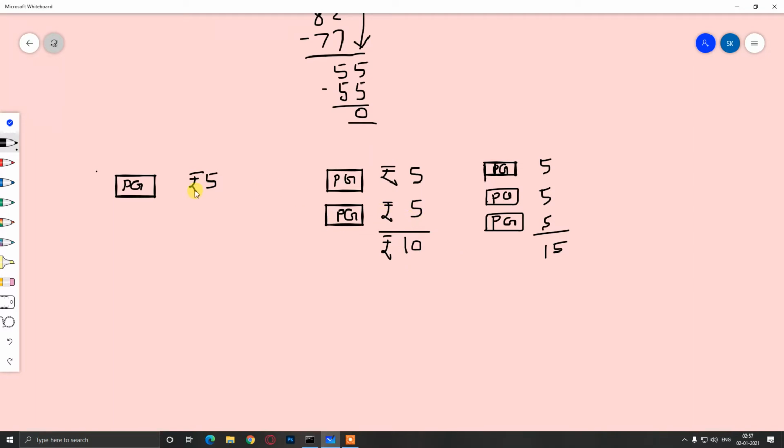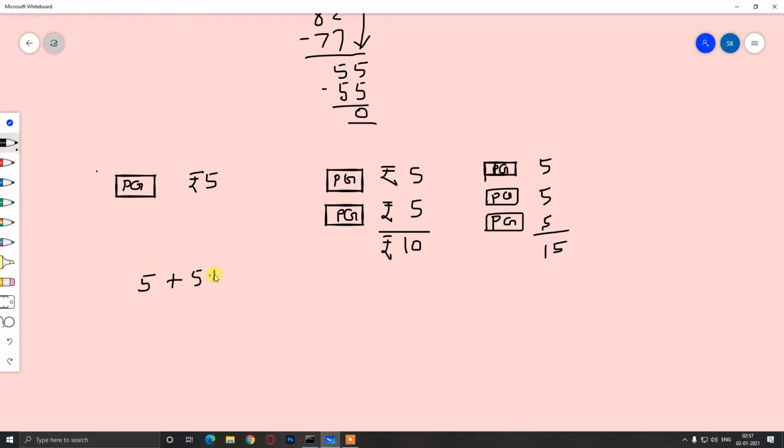you can notice that it is the repeated addition of the same number, that is 5, then 5 plus 5, then 5 plus 5 plus 5. So it is a repeated addition, and repeated addition means what? Repeated addition means, already we have learned, it is multiplication. So now if I have to calculate the cost of 4 Parle-G, then that means I have to add 5 4 times.